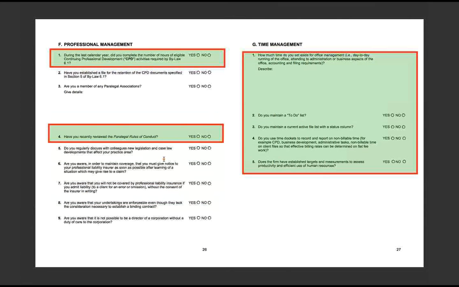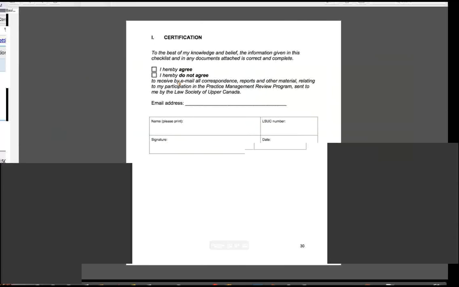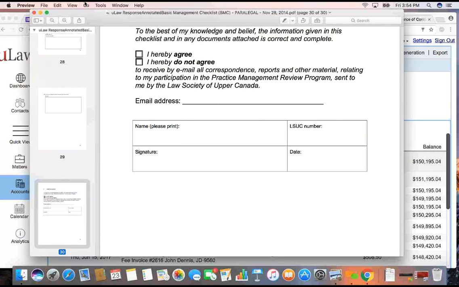Do you attend CPDs? Unfortunately, this one is not CPD today, but hopefully the Law Society will approve. We have already applied for it, so we hope to get approval so that next time we present it, it is CPD approved. Have you reviewed your code of conduct, your time management? Do you have a proper to-do list? You do all that stuff. And then your personal questions, obviously, that you have. So at this point, I've kind of covered most of